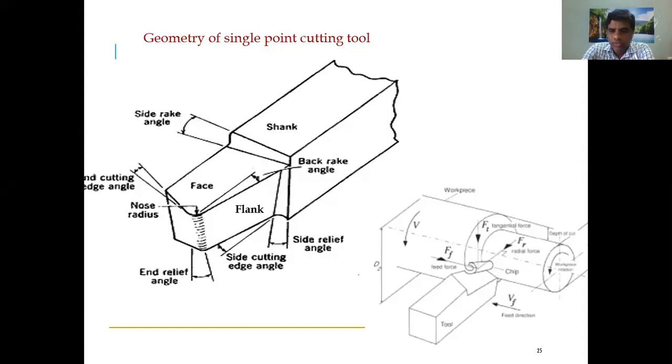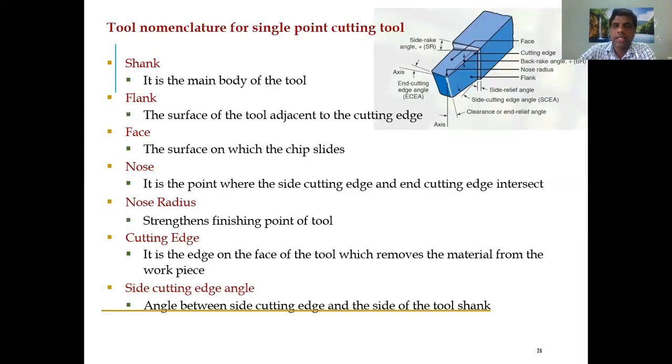So I told you, whatever flank is there, this end flank is touching the workpiece. If the end flank is touching the workpiece, what happens? There is rubbing between the workpiece and this tool surface. Then wear happens in the workpiece as well as the tool. So the surface finish of the workpiece decreases and your tool is also wearing out. If it is in contact, the life of the cutting tool decreases. To avoid that, we need to provide some kind of angles. Not exactly 90 degrees; we need to give some angles. Those angles are very important in designing a cutting tool, right?